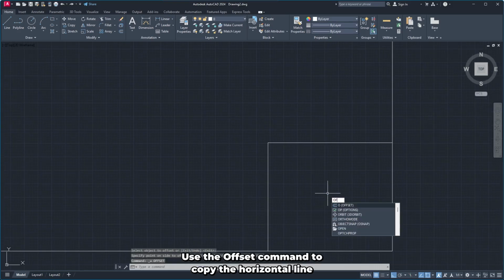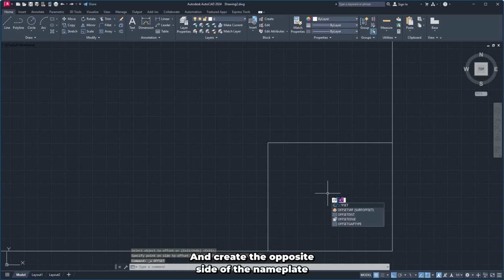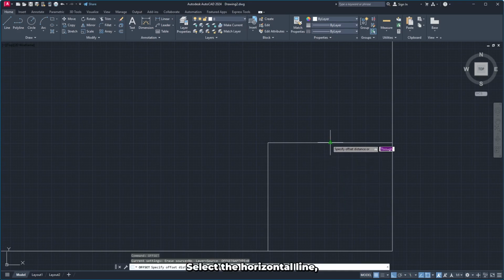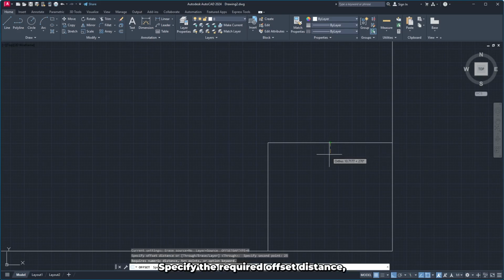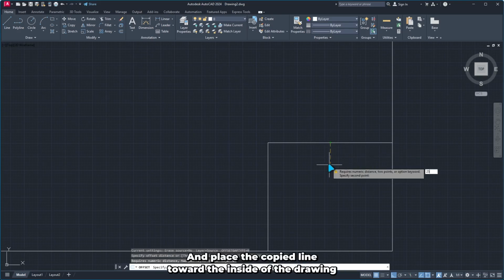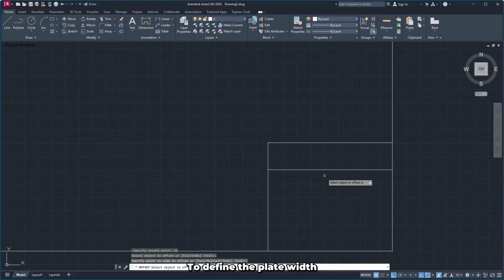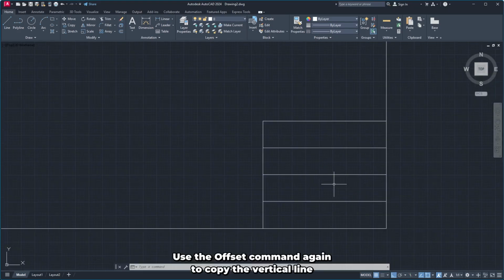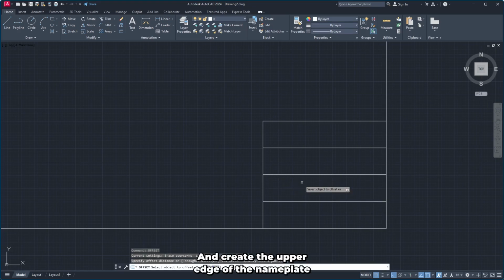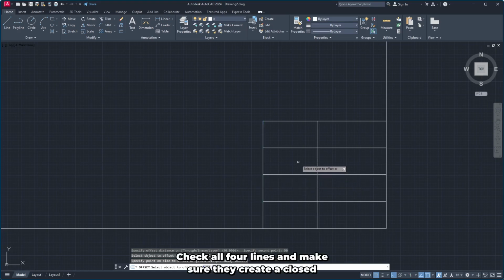Use the Offset command to copy the horizontal line and create the opposite side of the nameplate. Select the horizontal line, specify the required offset distance, and place the copied line toward the inside of the drawing to define the plate width. Use the Offset command again to copy the vertical line and create the upper edge of the nameplate. Check all 4 lines and make sure they create a closed rectangular shape in the bottom right corner of the